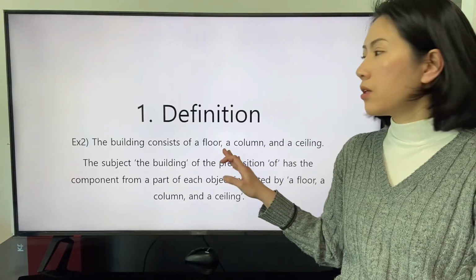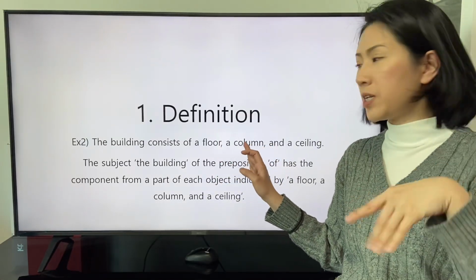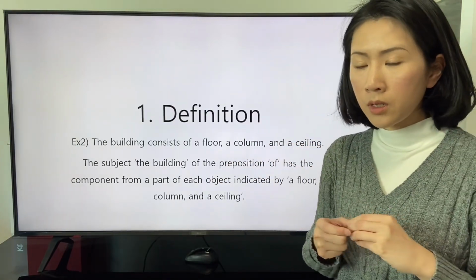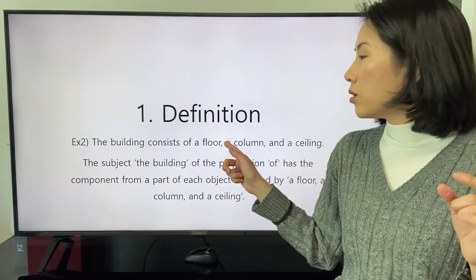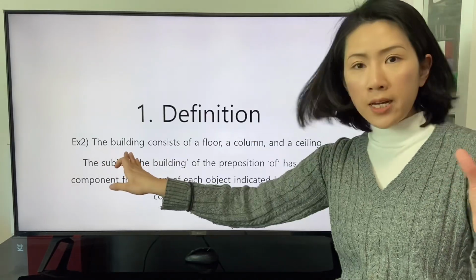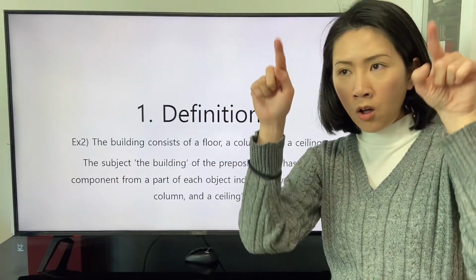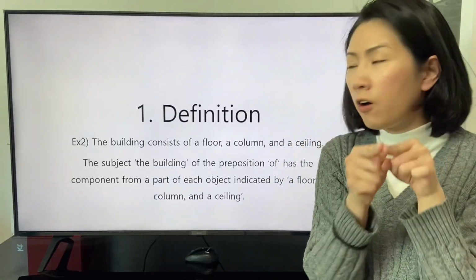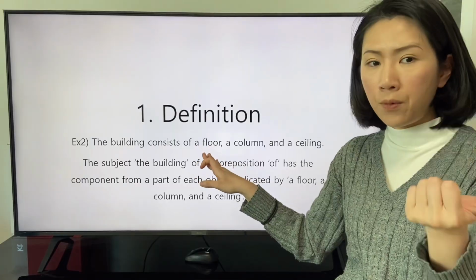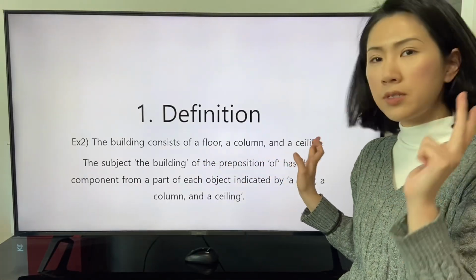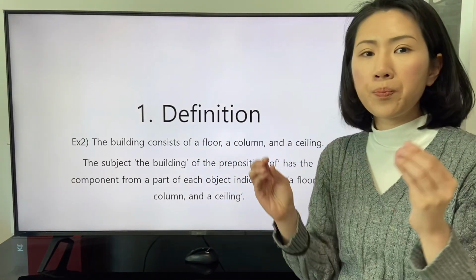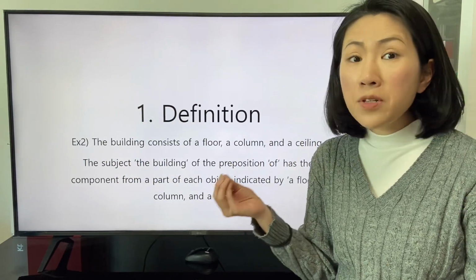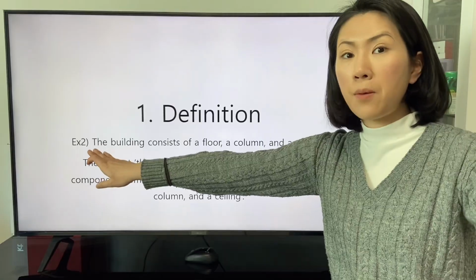Likewise, the other objects, a column and a ceiling. Then the building is a collection of each part of a floor, a column, and a ceiling. So this clause states the composition of the subject, the building,